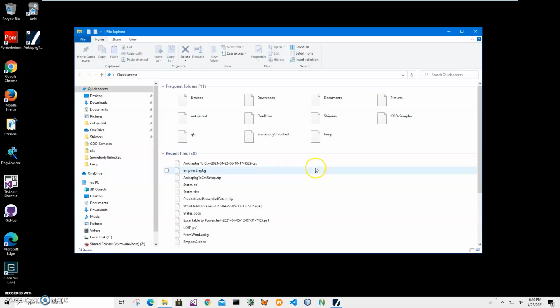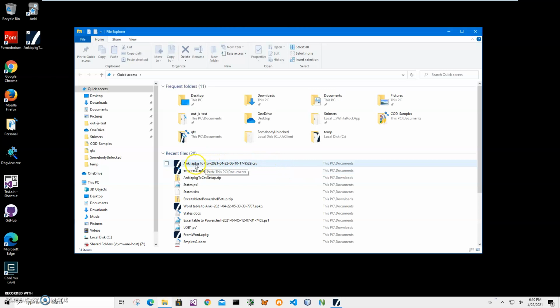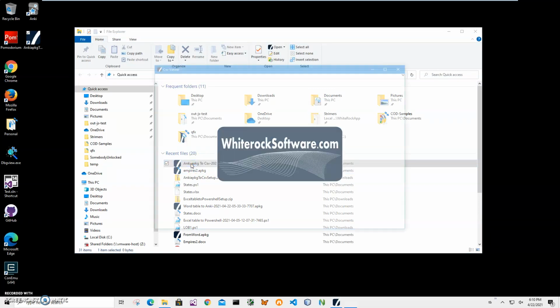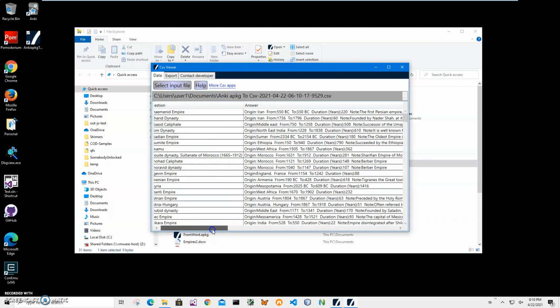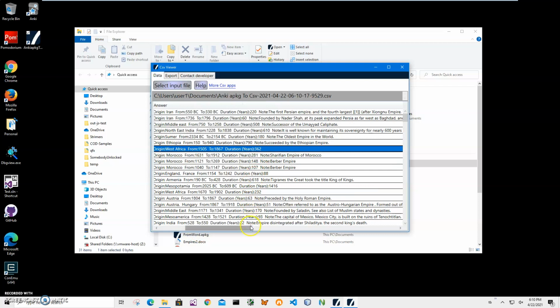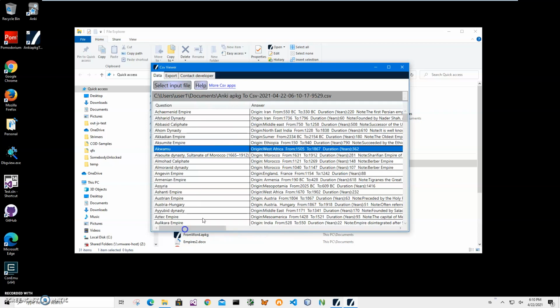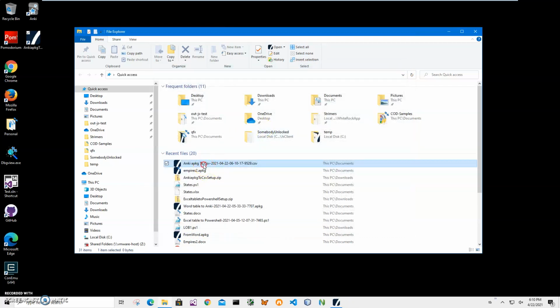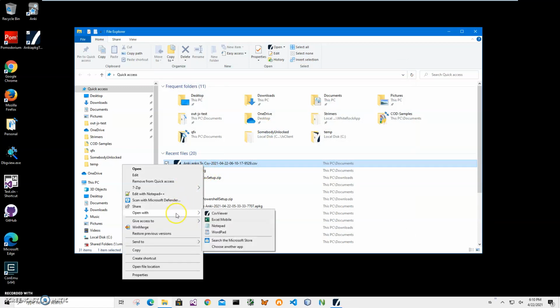And let's go and open the file. I can double click because I have a CSV viewer. It's another free app that shows what is inside a CSV file. You can see there is a question and answer and everything exported, or I can open it with my Excel